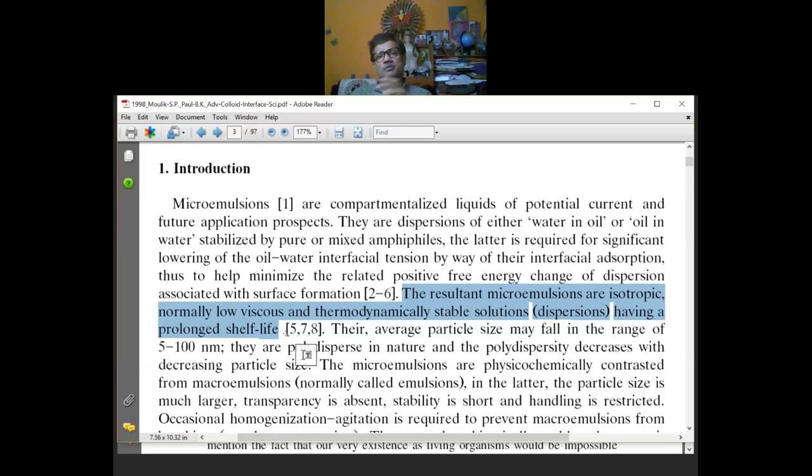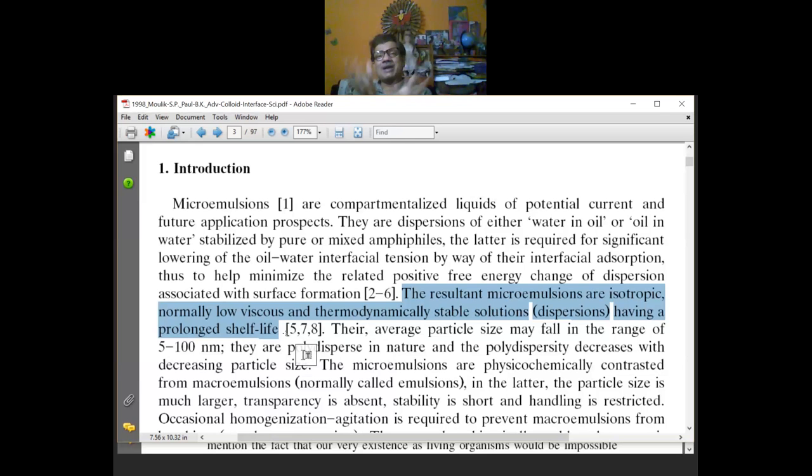is a different phase. Remember, when we discussed micellization, we said that they are macroscopically homogeneous, but microscopically they are heterogeneous. Why heterogeneous? Because in the phase separation model I said that when a monomer is there in solution, it is like a normal solution. The solution is clear, isotropic, and there is no heterogeneity at the molecular level, the microscopic level.